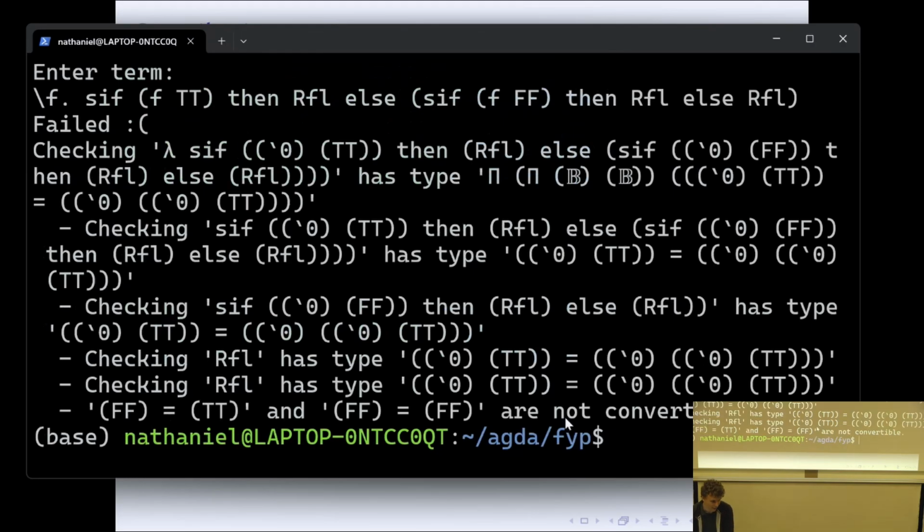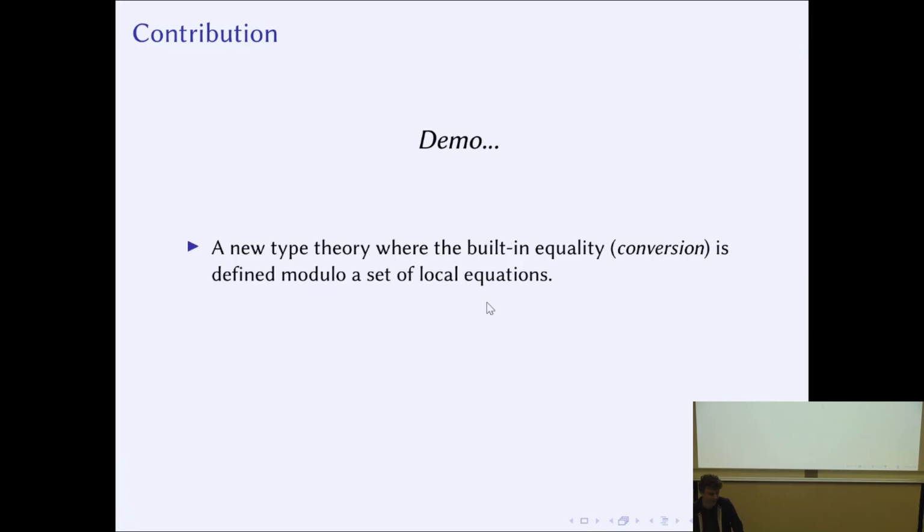Yeah, and I mean, this is a prototype type checker. The type errors are maybe not the most readable, but the point is we get an error. So concretely, the contributions are that we present some formal work describing this new type theory, where we can automate these equalities, and we call this built-in equality that the type checker can automate. We call this conversion, or sometimes definitional equality,